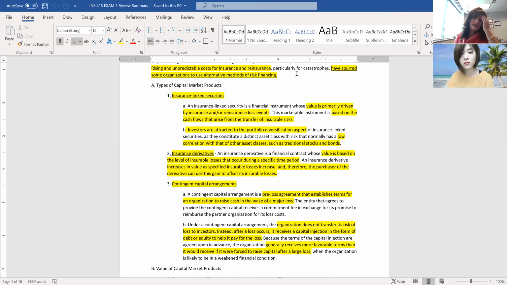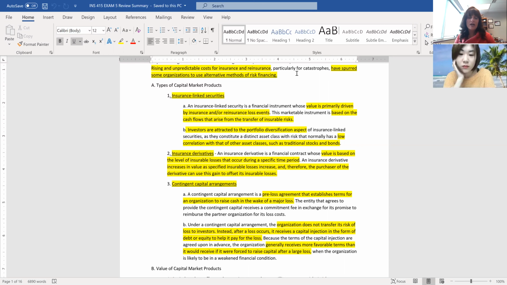How that actually works isn't really spelled out in the chapter, and I've not had to use these before. But investors that have money they want to invest in the market, maybe their stocks are doing poorly like they are right now, want something that's going to get them a better return. So they might choose to invest in an insurance-linked security. Its value is linked to insurable loss events. There's very low correlation between a loss event like a hurricane or a tornado and the stock market, so for some people it's better because it diversifies their portfolio.